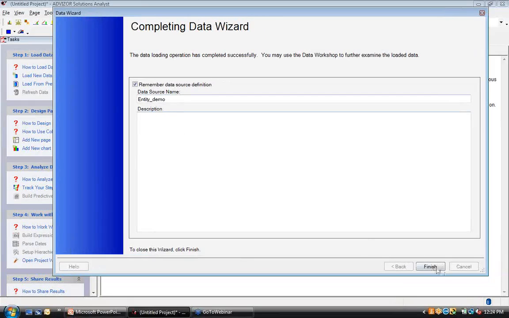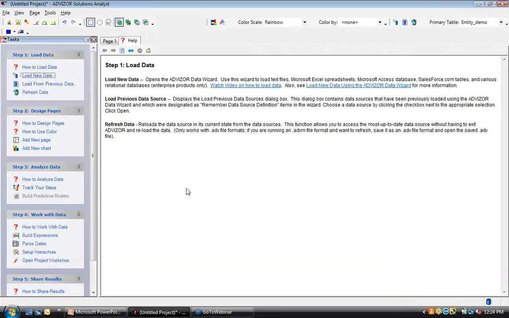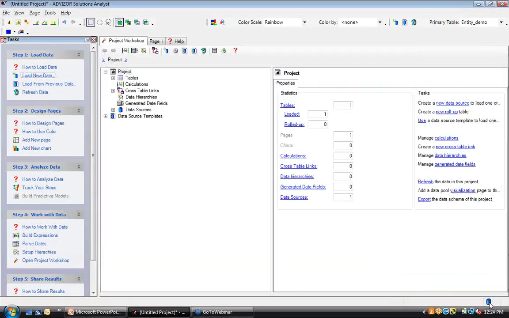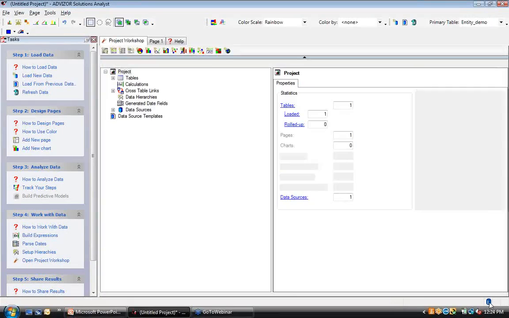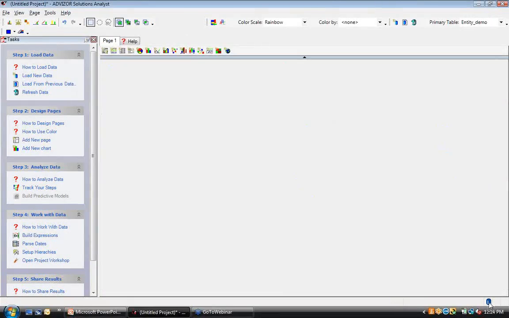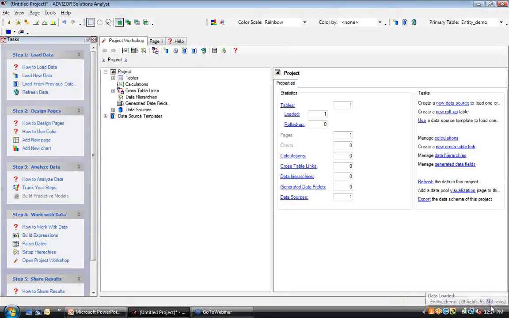Right. So we're going to leave it checked, and we're going to finish. And here we can see on this blue bar down here that we have all the fields and the rows loaded. If there was an issue with that, then this would appear red,